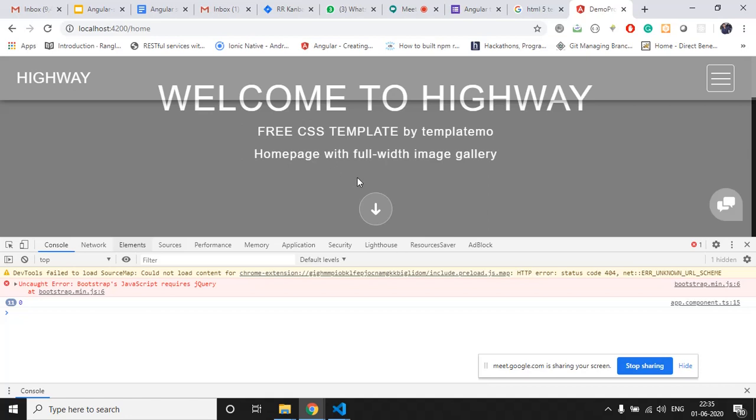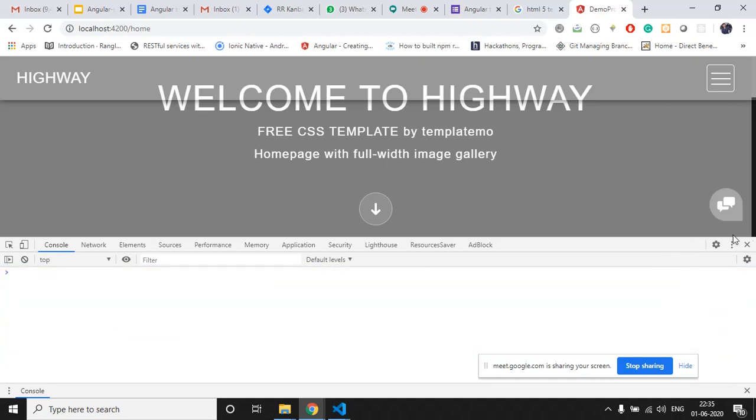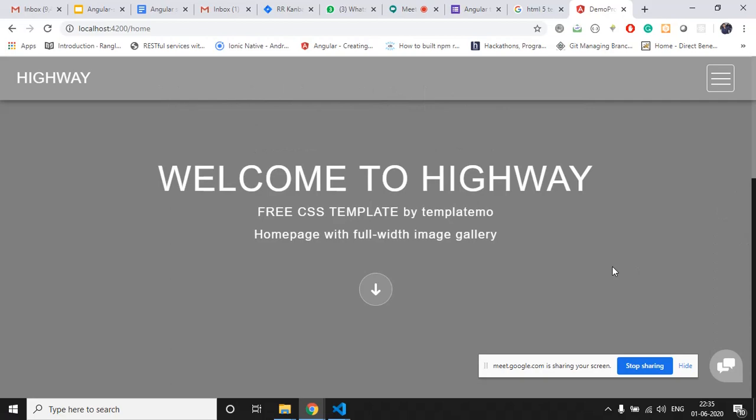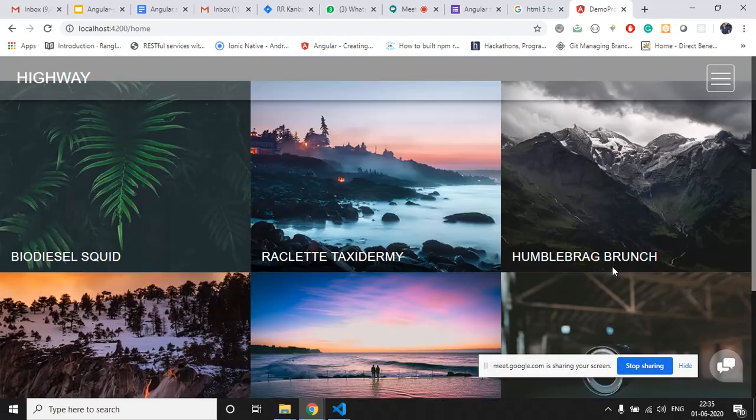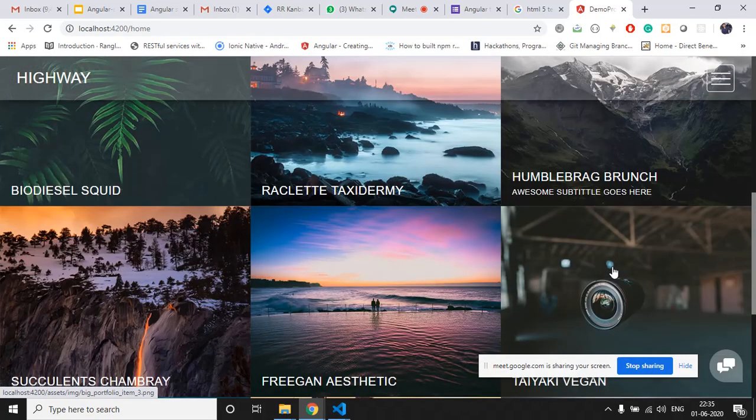As we can see, there is no error on the console. So the application has found all the images which are present in the application, as we have given the correct path. As we can see, all images are present, and we can see all of them.